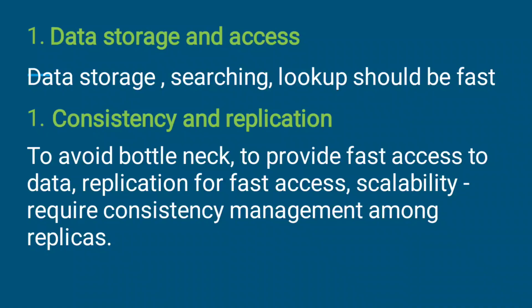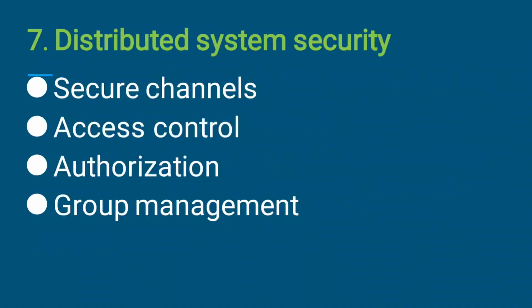The next one is consistency and replication. To avoid bottlenecks and to provide fast access to the data, we use replication for fast access and scalability. This requires consistency management among the replicas. Next, distributed system security. In terms of security, we have to ensure secure channels, access control, authorization of access, and